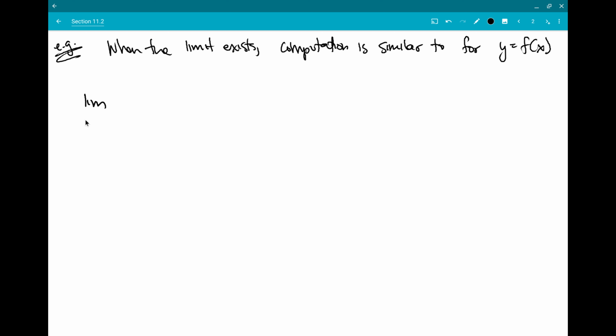And so we'll demonstrate that taking the limit as x and y both approach the point 0, 0 of the function x squared plus x minus xy minus y over x minus y. This looks really messy, but